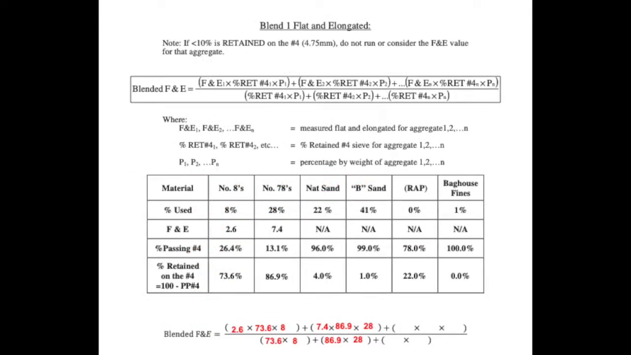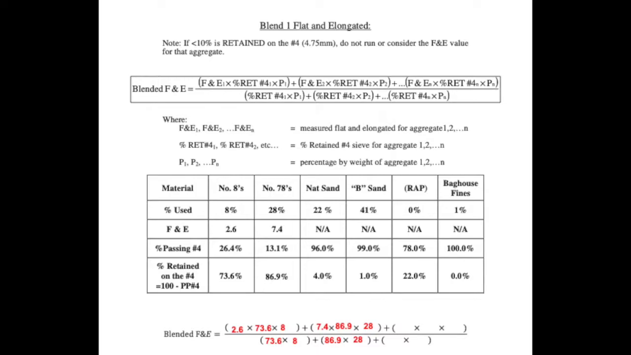Now we will be looking at our F&E blending the two aggregates on blend number 1. The table in the middle of the page is our F&E values that we obtained on the number 8s and on the number 78s. The percent retained on the number 4 at the bottom of the table for our 8s and our 78s, and the percent used, 8% and 28% respectively. So let's look at the equation at the top of the page. F&E, of course, is the value